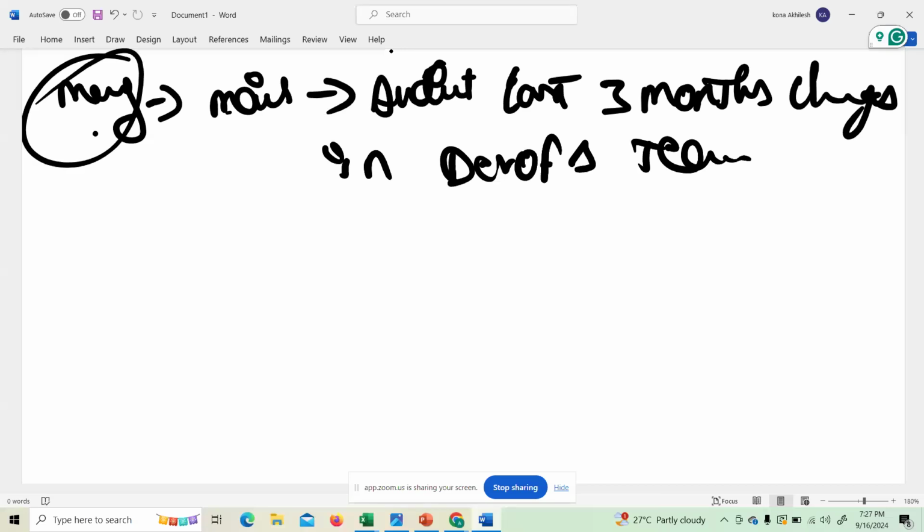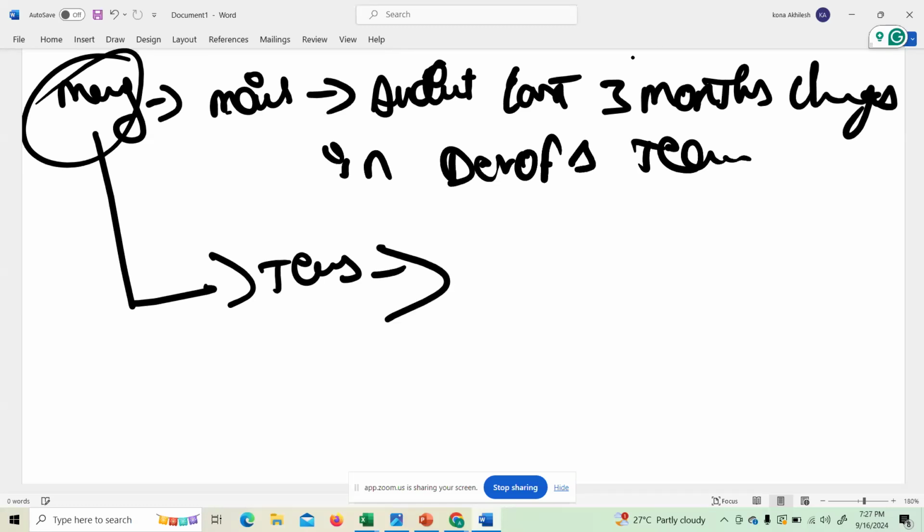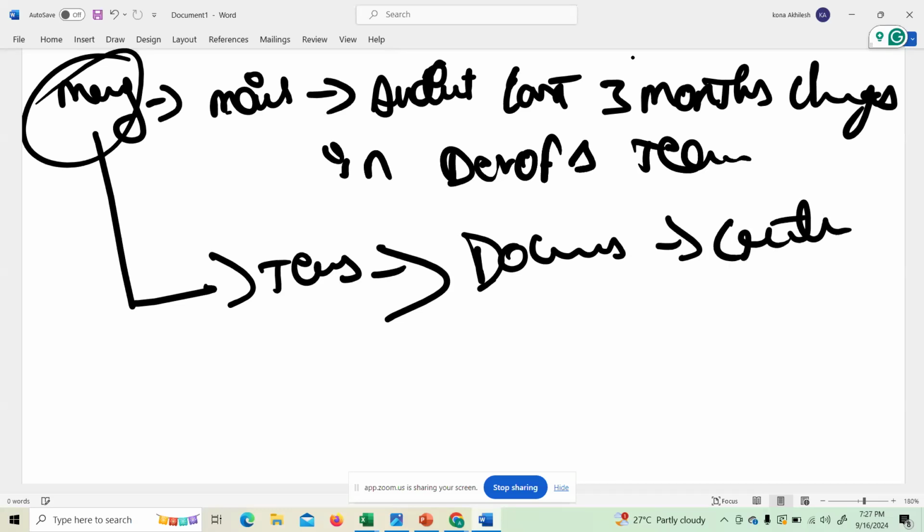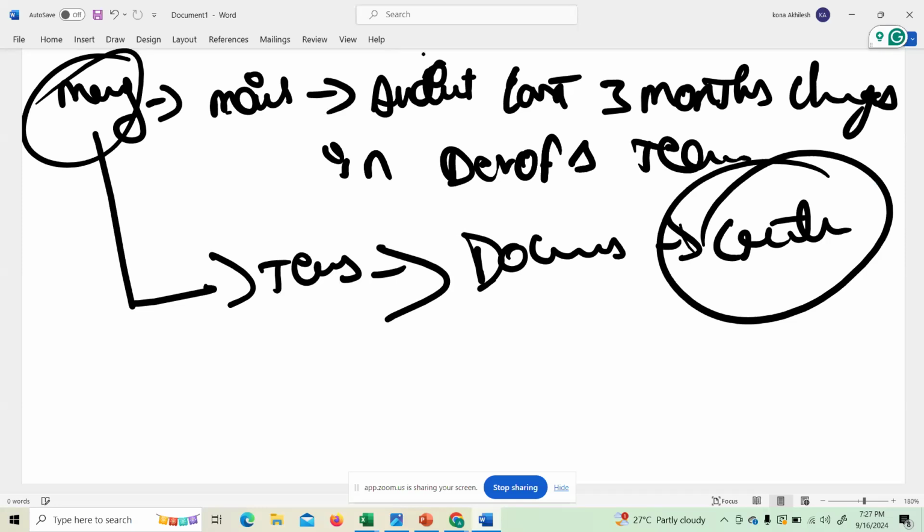Based on this mail, we'll conduct a Teams meeting with this team, and we will ask for all the relevant documents based on some criteria. This criteria we will discuss in class. Based on this criteria, we will audit this team, and we'll make sure each and every minute thing in the team is following the exact procedure or not. We need to see that, document it, and give the auditor opinion. So this is how we will work.